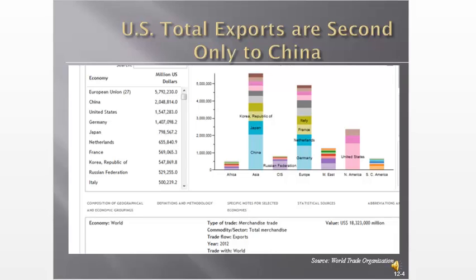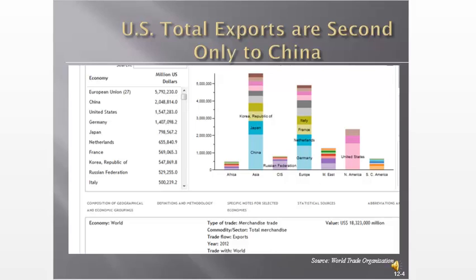Now, despite the U.S. trade deficit, it happens to be the second largest exporting country in the world, trailing only, of course, China. The European Union reports its exports together because it operates as a trade zone. However, its figures are a summation of the individual exports of its multiple member nations, not one country. As you can see by the figures